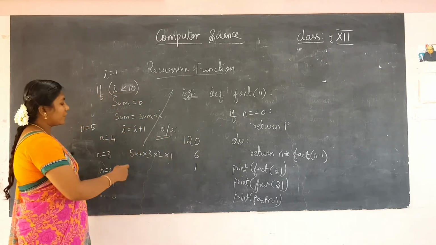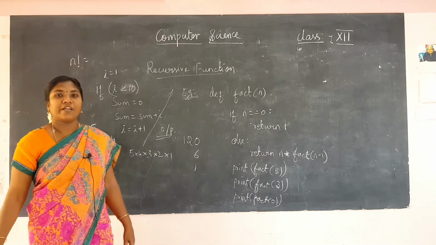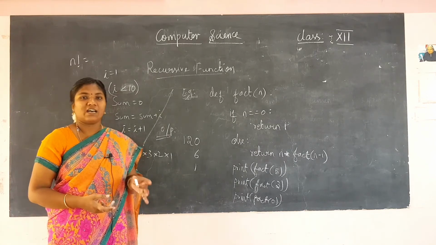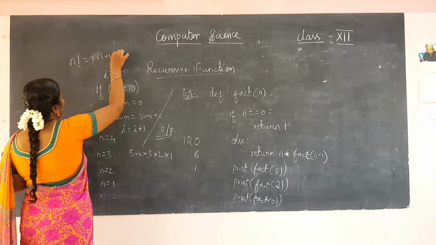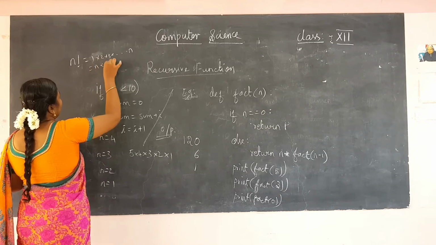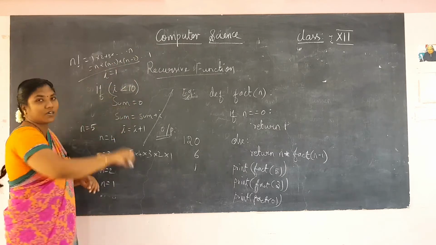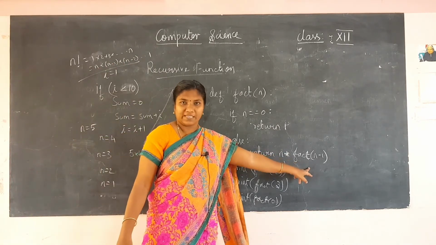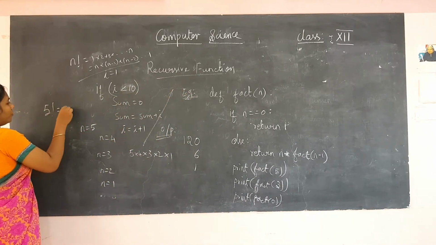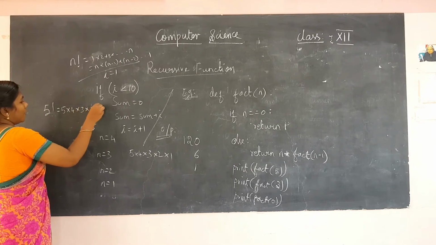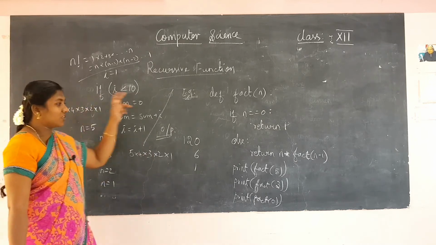I think you know what the factorial is. We find the factorial now in 11th standard. In maths you have learnt in the binomial distribution, nPr and nCr. In that you must have learned. So we will be having 1 into 2 into 3 etc. up to n, or n into n minus 1 into n minus 2 etc. up to 1. This is the concept of factorial, and that only we have implemented here. So 5 factorial means 5 into 4 into 3 into 2 into 1. That only we have performed here. So this is the factorial notation, this is the factorial concept.